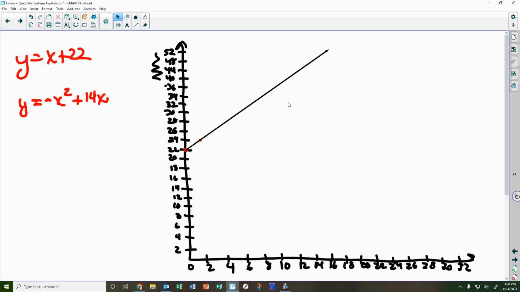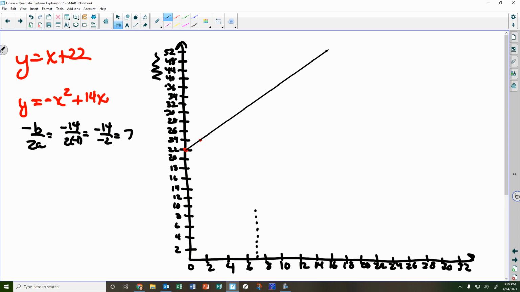To help figure out how the quadratic is going to work, I know to find my vertex point, that's the opposite of b over 2a, right? The opposite of b is negative 14, and 2 times a, well, a is negative 1. So negative 14 over negative 2 is 7. If you remember roughly when we drew that quadratic, 7 was kind of the middle, because that was the peak spot, right? So if I plug a 7 into the equation,